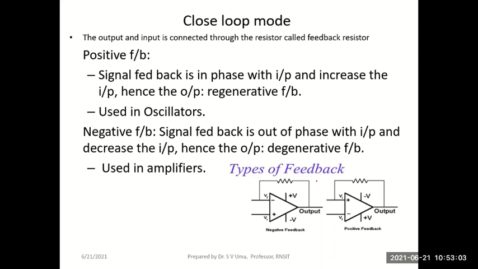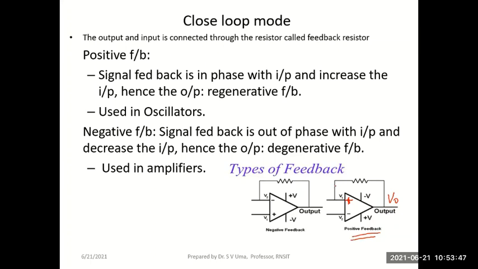We can have two types of feedback. One is positive feedback. If the output voltage, as you can see here, is connected to the plus terminal, the non-inverting input, then we call this positive feedback. Why? Because remember, positive feedback is that case where the output signal and input signal will be in phase. So depending on the value of the output signal, the input signal will also be in the same phase as the output, because the feedback is returned in phase.